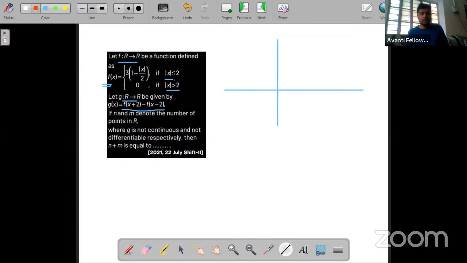So here, than or equal to 2. That means x should belong to -2 to 2 open, 2 close. Clear? Because at 2 there is an equal sign, right or not? And in this case what will be the range of x? X will be -infinity to -2 open union 2 to infinity. Clear? This part is clear. I hope this part is clear to you.